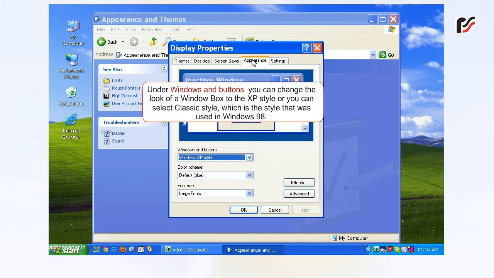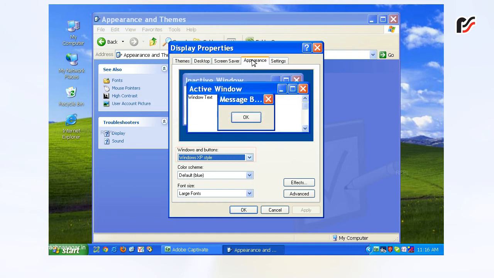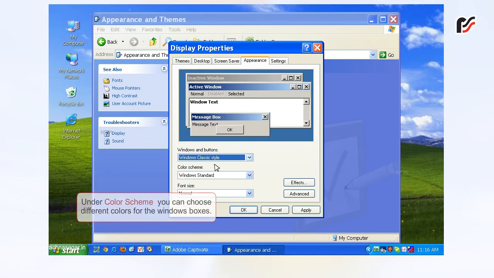Under Windows and Buttons, you can change the look of a window box to the XP style, or you can select Classic Style, which is the style that was used in Windows 98. Click on Windows and Buttons. Under Color Scheme, you can choose different colors for the Windows boxes.